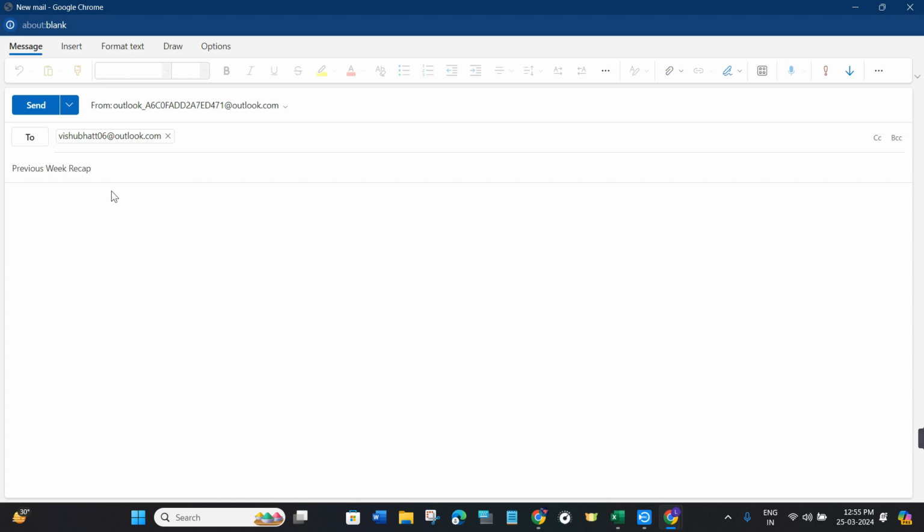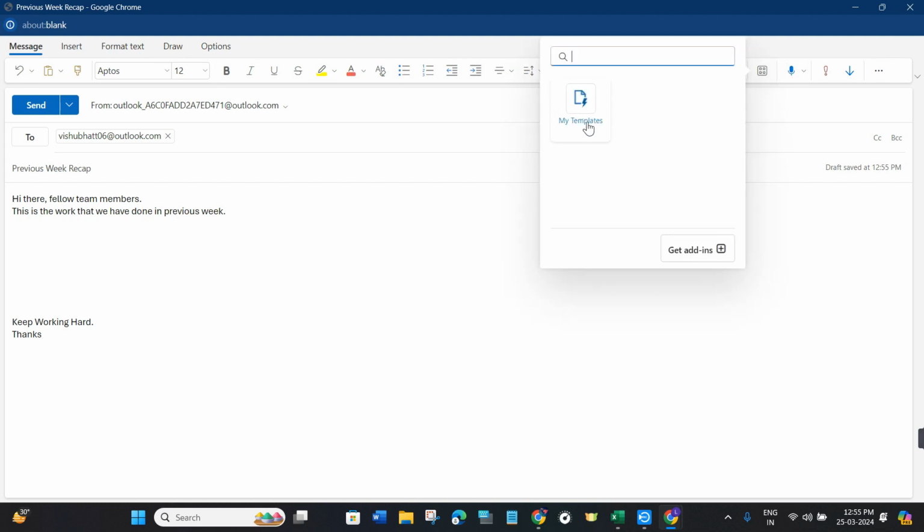So after typing the subject, you will have to type the body of the email. As you can see over here, this is the email that I'm sending to my team members. So if I want to keep it as a template, then you will have to hover over to the top, and here you are going to see a bunch of different options. But among these options, you will have to click on this square box, and here you are going to see